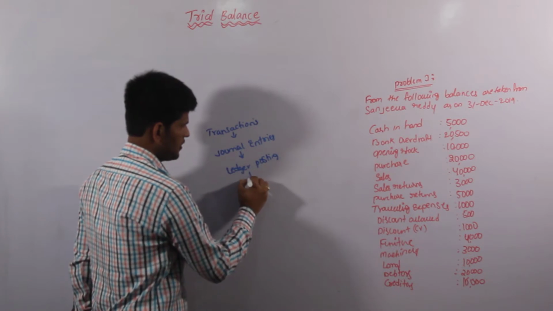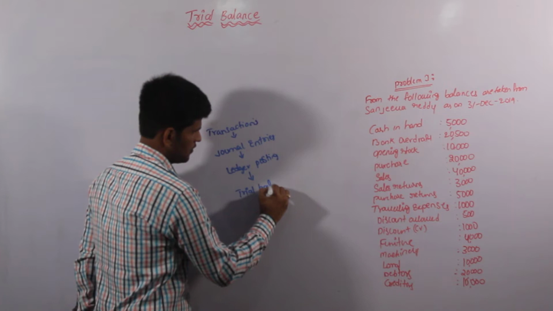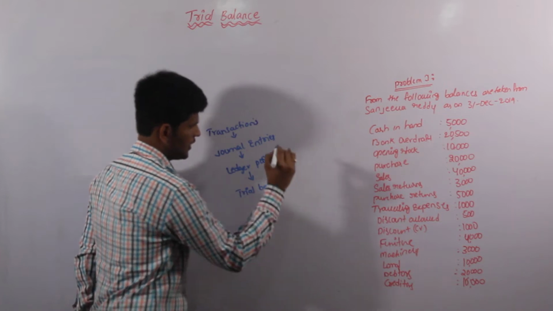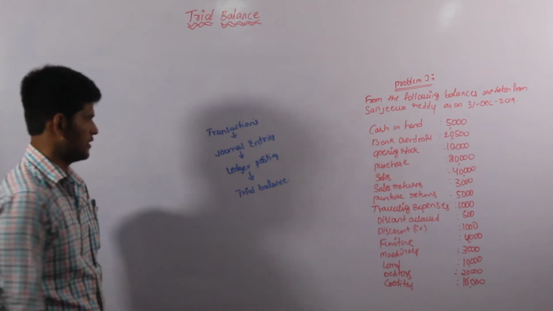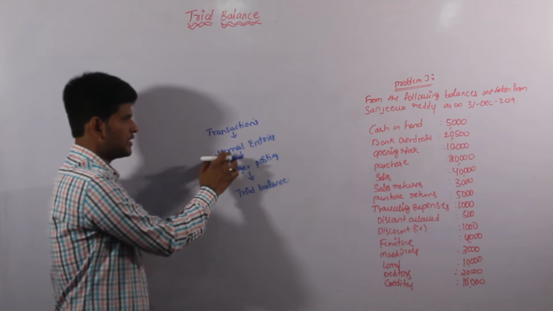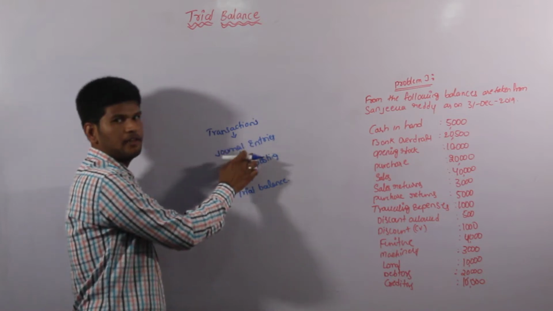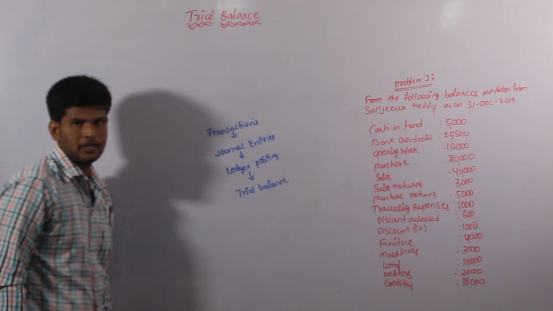After ledger posting, we have to prepare the trial balance. This is the procedure of how we are going to prepare trial balance. Each and every transaction will be converting into a journal entry, each journal entry into individual ledger postings, and ledger posting into the preparation